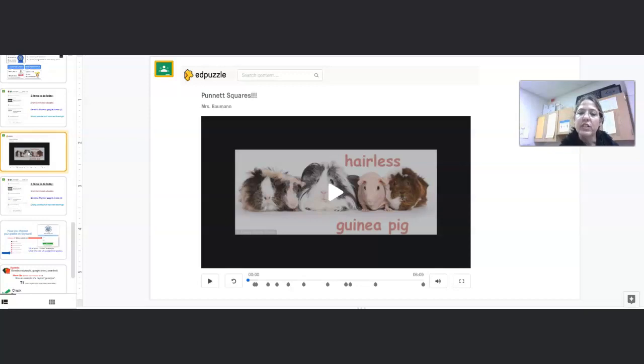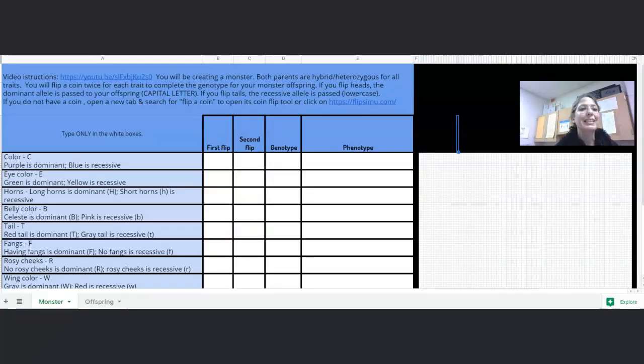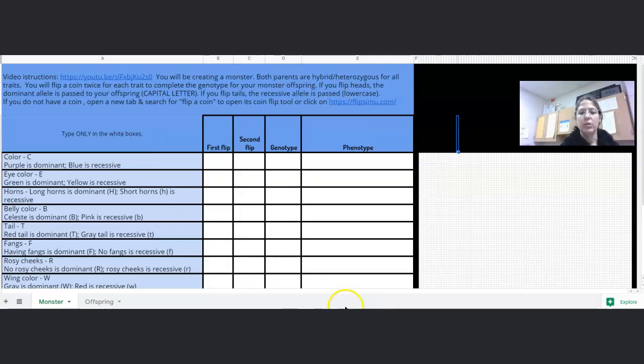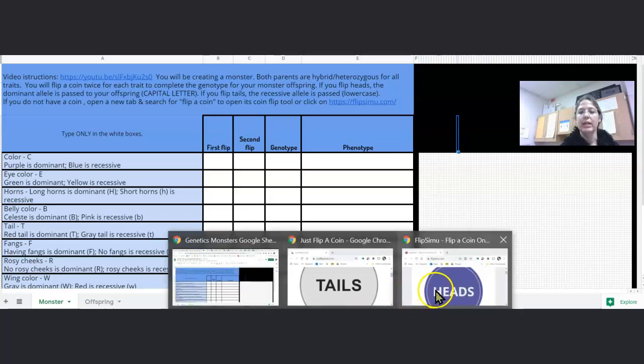Please make sure that you finish the 6-minute Edpuzzle called Punnett Squares first. When you have completed your Punnett Squares, the second link entitled Genetics Monsters Google Sheet will take you to this page. There is a set of instructions up here at the top of the page, and there is a link for a coin flipper. If you don't have a coin to flip, you can use the one linked right here